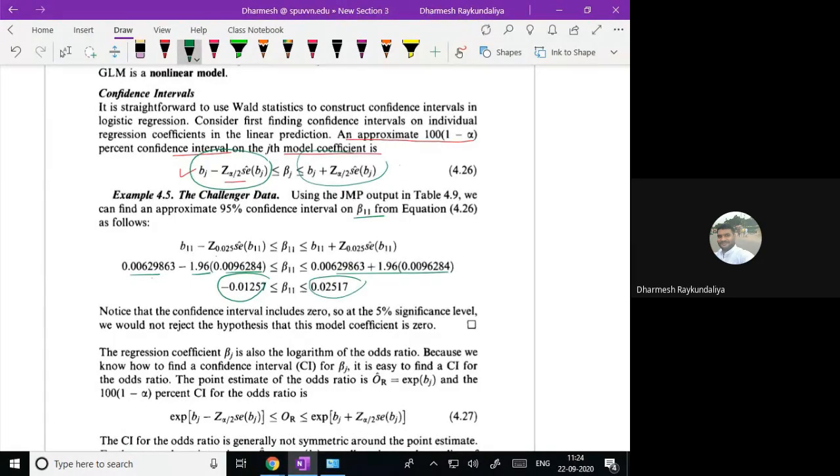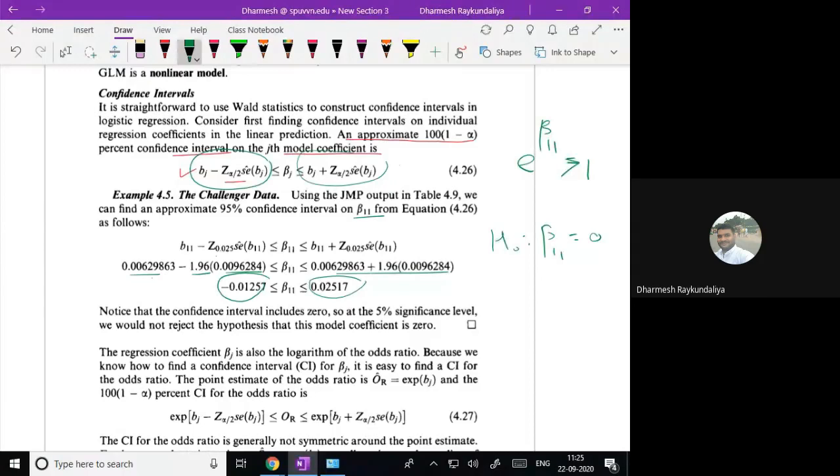I told you decision of testing of hypothesis in two ways. One is that you look at the p-value. If the p-value is significant, we say that the null hypothesis is rejected. And what was the null hypothesis? The null hypothesis is that the regression coefficient is 0. So with p-value less than 0.05, we reject that; this is not 0. Another, I told you, is that you calculate the odds ratio, and if the odds ratio exceeds 1, then we reject the hypothesis, because if you accept, e raised to beta 1 1, the odds ratio becomes 1.